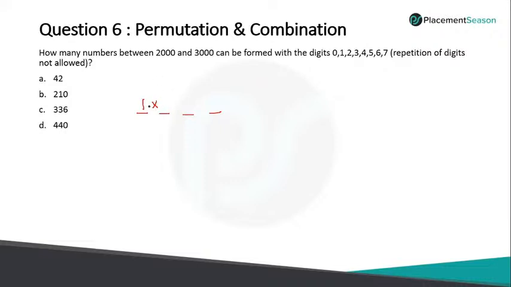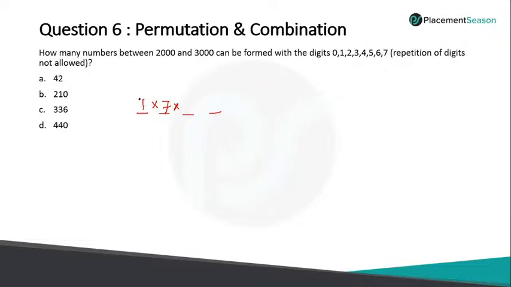After 2 it can be 1, after 2 it can be 2, after 2 it can be 0, it cannot be 2, it can be 3, 4, 5, 6, 7. So out of the remaining 7, any can come. But repetition is not allowed is given. If repetition is allowed is given, this will be 8. Since it is not allowed is given,